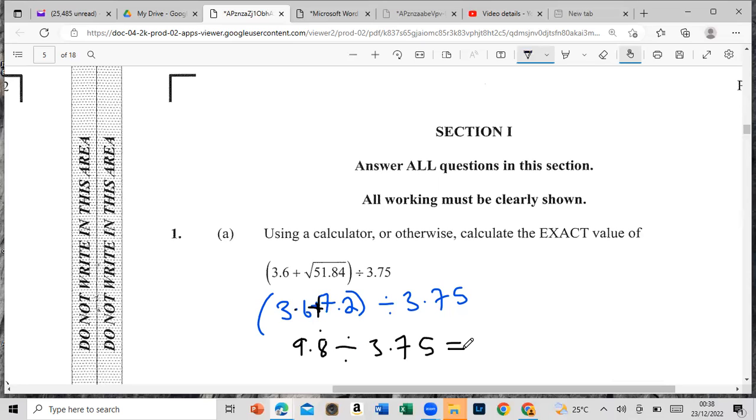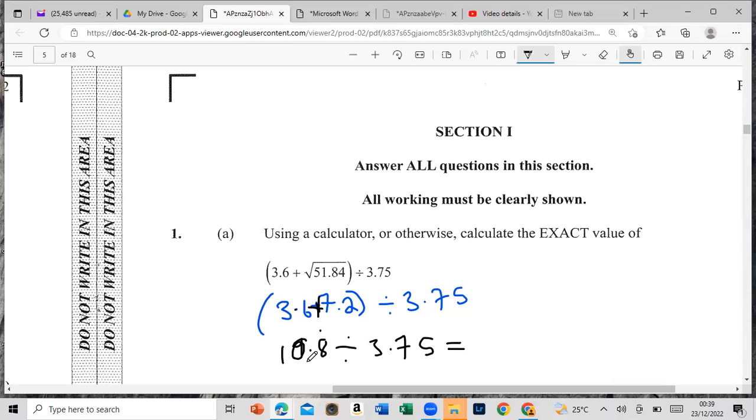And they did say the exact value. No, 3 and 7 are 10. So it's 10.8, not 9.8. All right, let me just do that now. It's 10.8